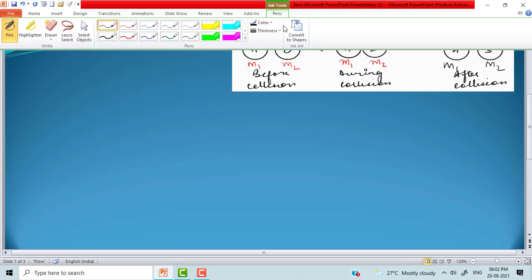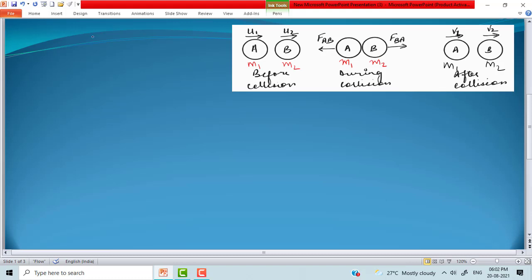According to Newton's second law of motion, the force is directly proportional to the rate of change of momentum, that is Pf minus Pi by t. Here Pf, the final momentum, will be